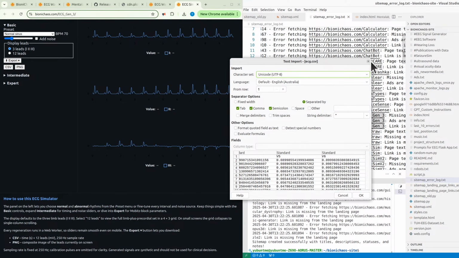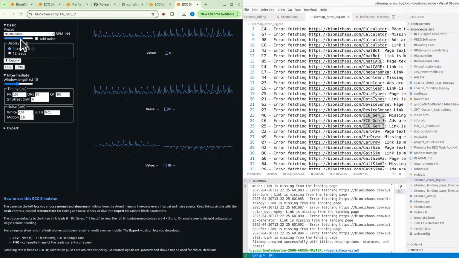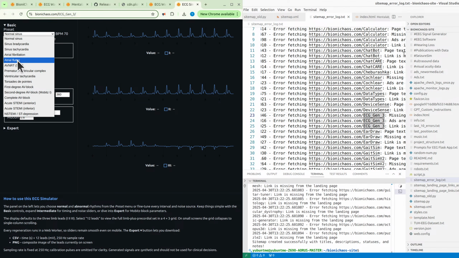So that's nice. Both exporting options work, and then you have basic presets. Normal is 70 BPM, 3 leads. And you have the export functions.